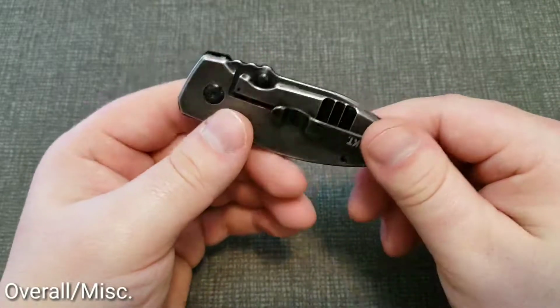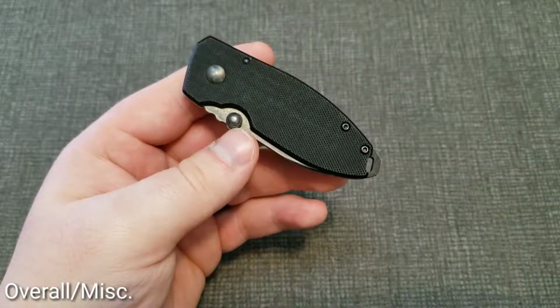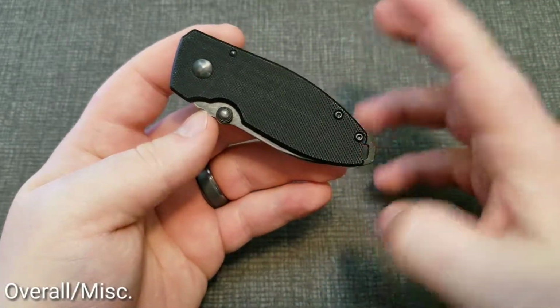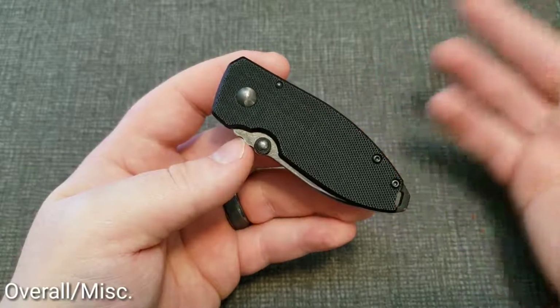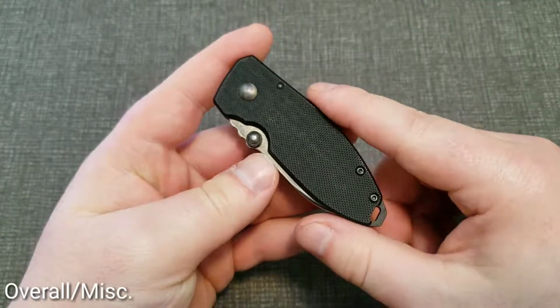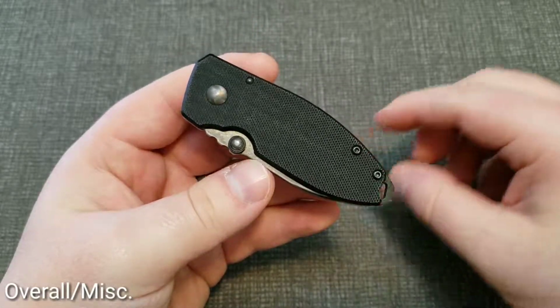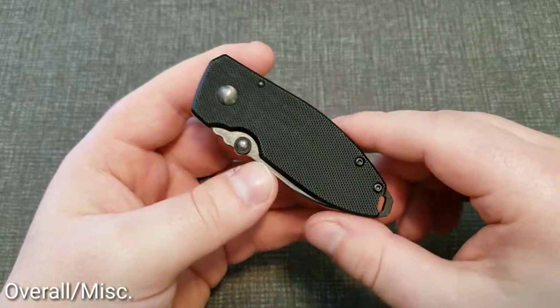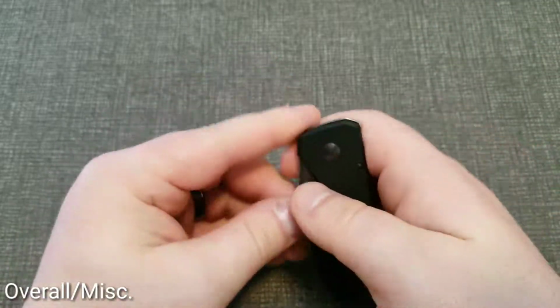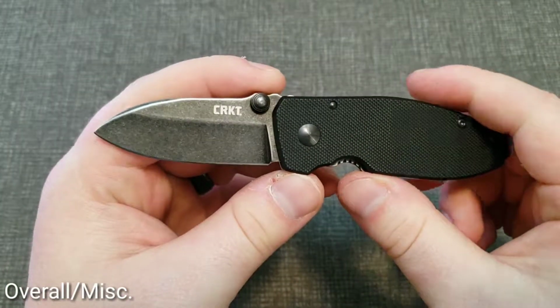Yeah, I'd say, all things considered, I would rate this maybe 7 out of 10 overall. Like I said, performs as expected. There's nothing that stands out about the knife, but it does fill that role of your lightweight small EDC. It's perfect for in the office or a corporate or retail setting. The blade is really non-threatening, so